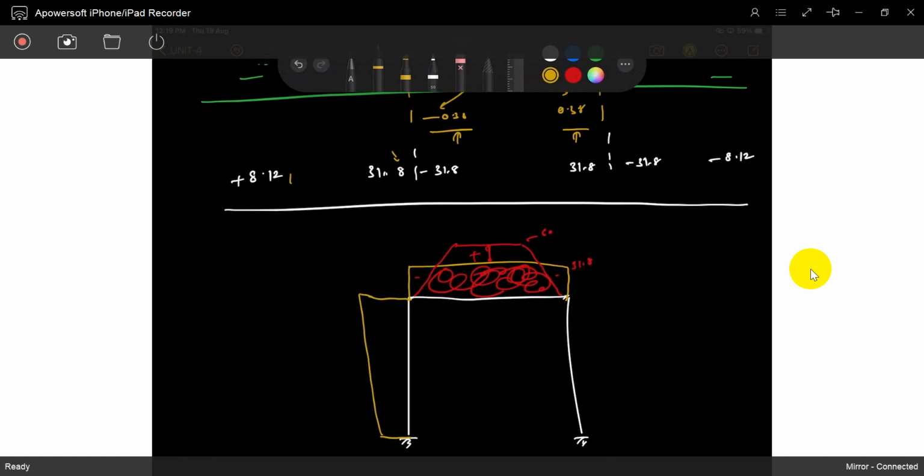And the loading is a uniformly distributed load. Na? Uniformly distributed load, it will come like this. Okay, so in this span also, for this span also you can write down the same thing. Same thing, it's 31.8, and it will come like this. Okay, like this, na? See, if it is 31.8, it's also 31.8.